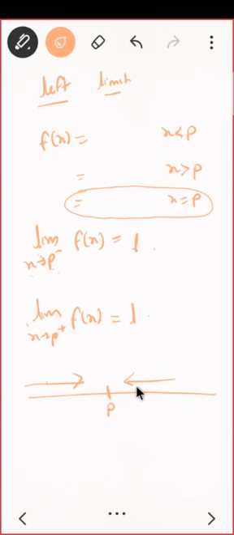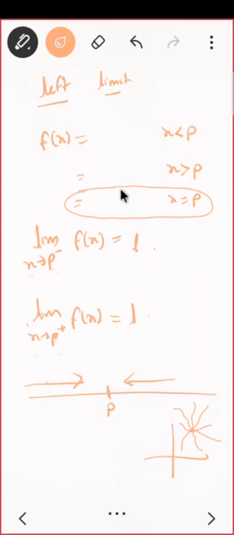If I now try to define this in R2, see, till now we have been doing just the real case, x belongs to p. If this is in R2, in say a plane, here it will be your point p, but here there is no left or right. Your point x can come from anywhere. It can come from here, it can come from here, it can approach from anywhere. Do you see? This will be done in your SYBSc. Correct? Here it is easy because I have only two ways.